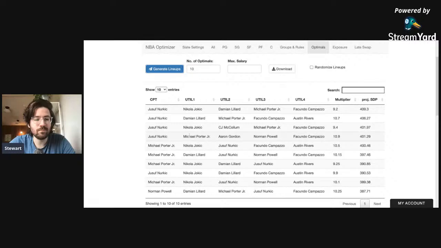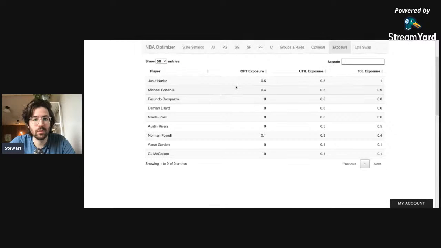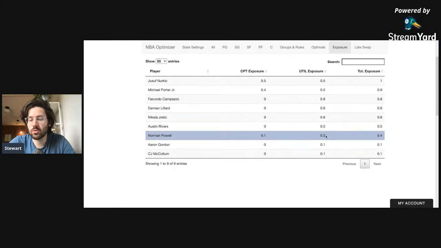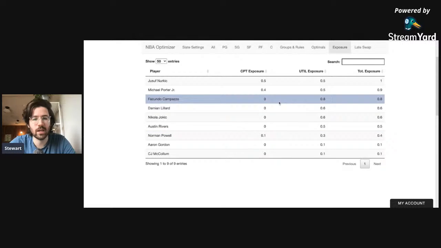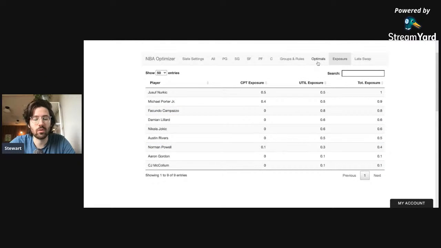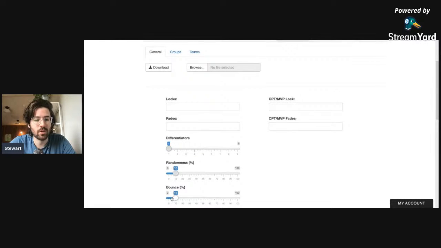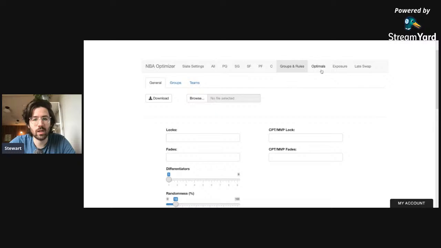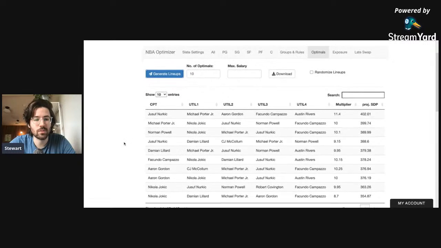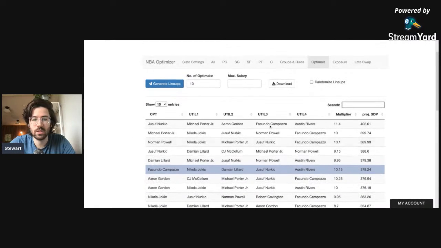So yes, getting a lot of Nurkic captain, Nurkic MPJ captain. Powell, who we don't have as a super strong projection, so maybe he just caught a good randomness seed on the optimizer. Campazzo at 80%. It's fine having him in a lot of lineups, but as mentioned, I'm thinking want to avoid him at captain or champion rather. If we turn randomness and bounce up, we might get some Campazzo. Yeah, so we got Campazzo